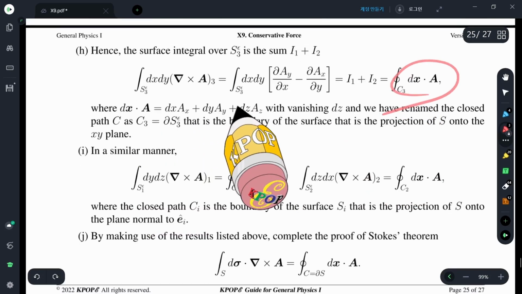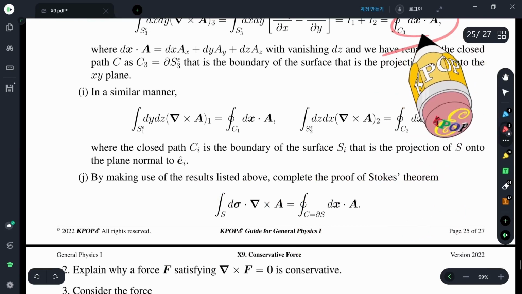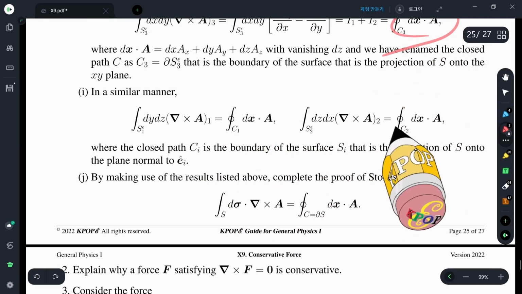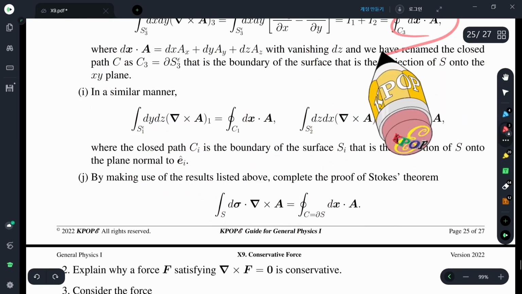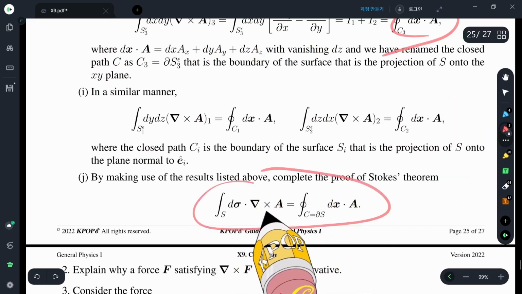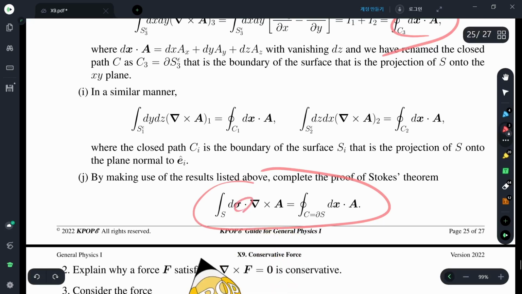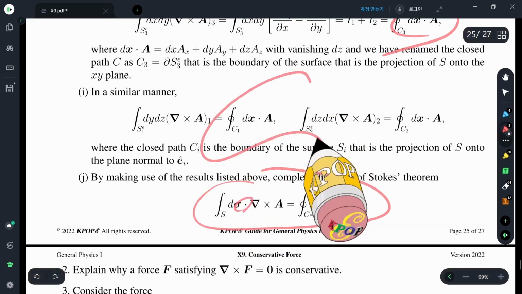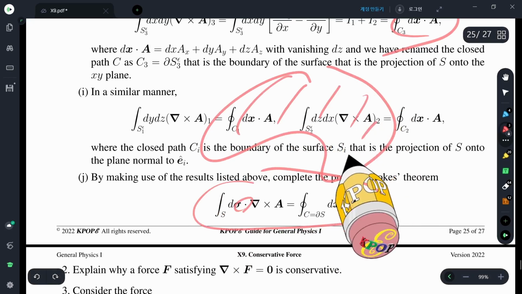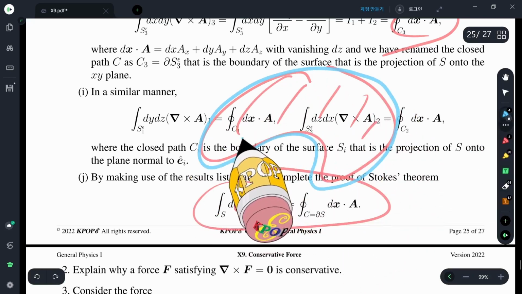In a similar manner, for the yz plane and zx plane, we can do the same job. Finally, if you combine everything together, you will find that the curl integrated over the surface as a scalar product with the surface element results, whatever shape it may be, in your integral being reduced to